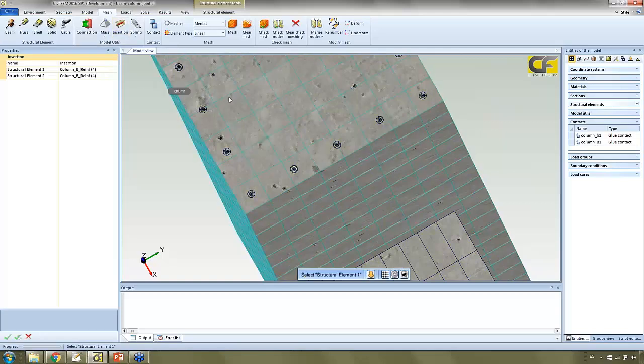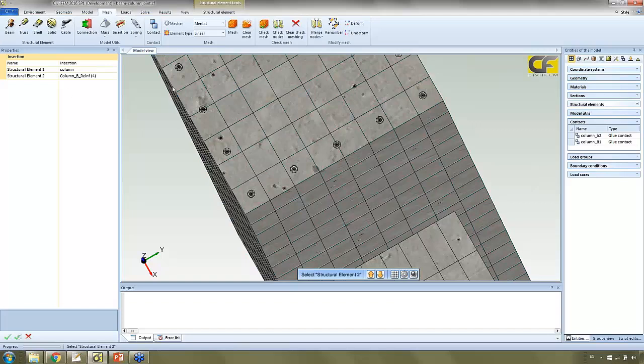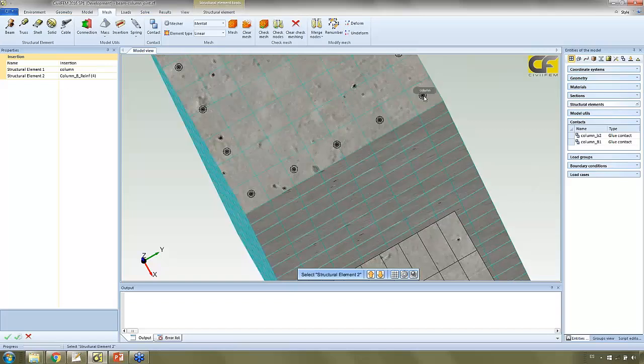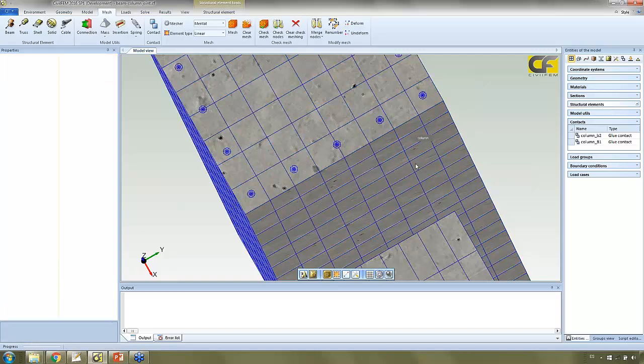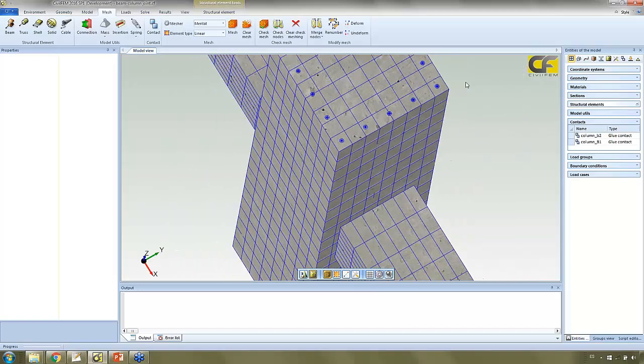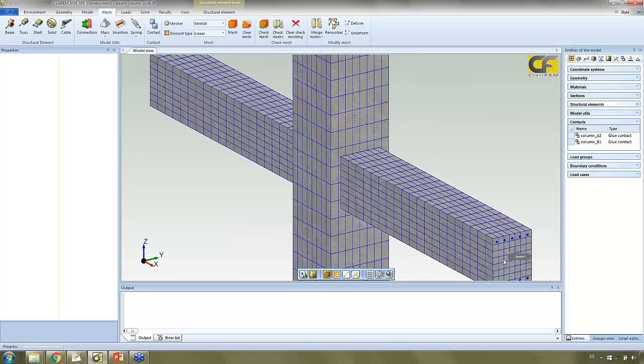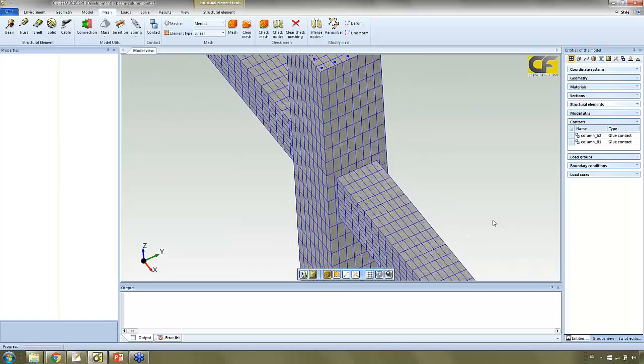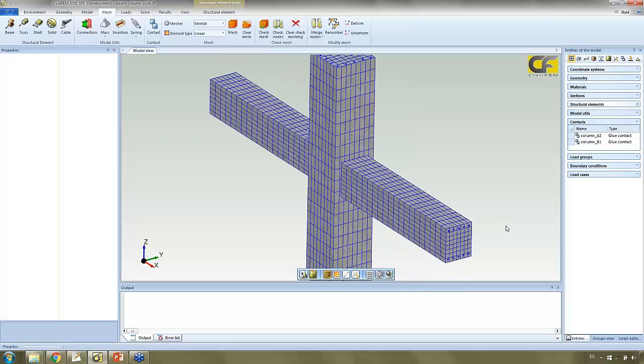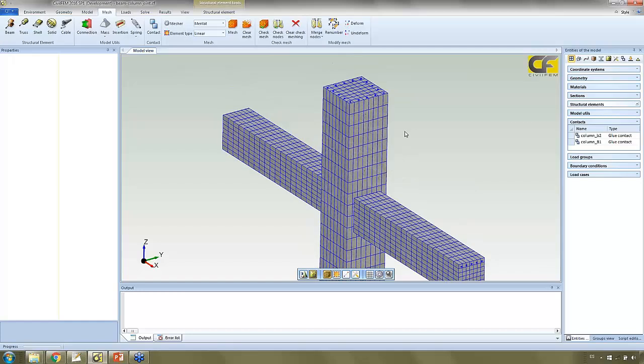In the insertion, we select the host element, that is this, and then we select the bar that we are inserting in the concrete. Clicking here, the behavior will be completely together as if they are sharing nodes. So in this way, it's very easy to generate these models, generating volumes and inserting reinforcement. It's very fast, also using loops with Python commands to create reinforcement bars,